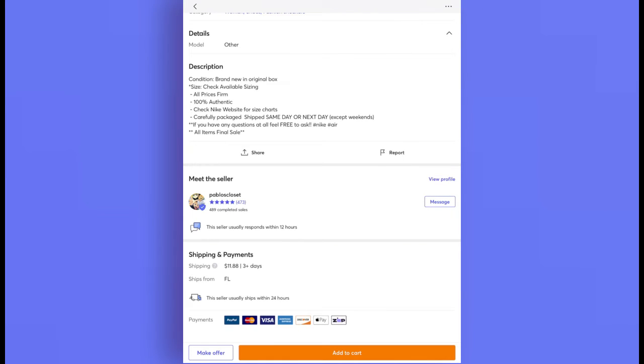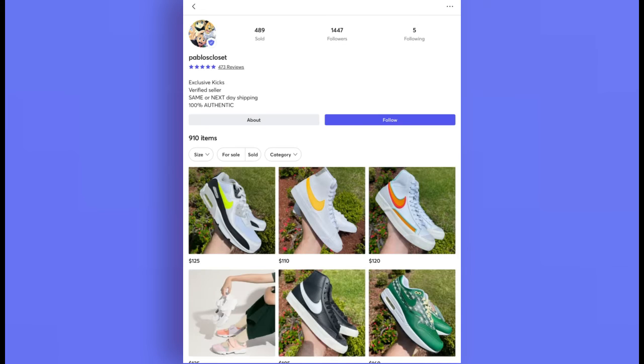And then you can also check the seller's star rating, view their profile, and where they're shipping from. This person's shipping from Florida. Under shipping and payments, they accept a wide range of payment options, but the shipping is almost $12. If I want to view their profile, what I can do is tap View Profile across from Meet the Seller, and then I can check and see their reviews. They have 473 reviews,